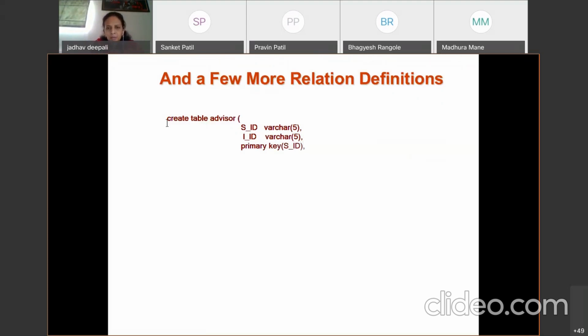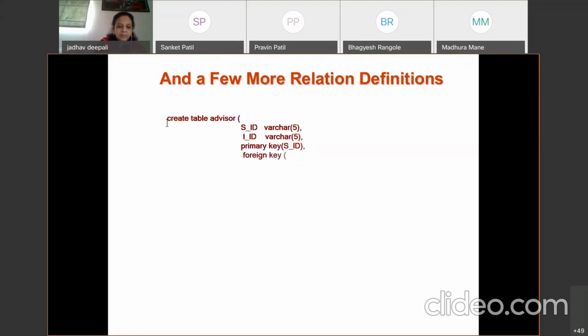Primary key. Then, what next concept? Many times students forget to use it while creating the table for a relationship set. SID and IID, what are these? These are the primary keys of student and the instructor. Means these are the foreign keys for the advisor. So here we need to use foreign key. See, many times students write the wrong spelling for foreign. It is a keyword.